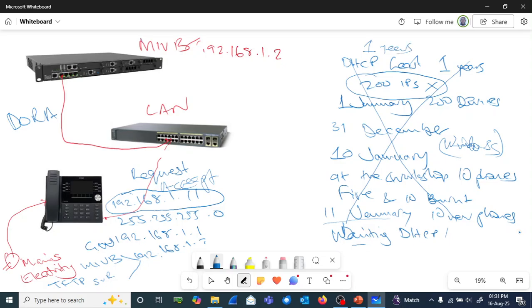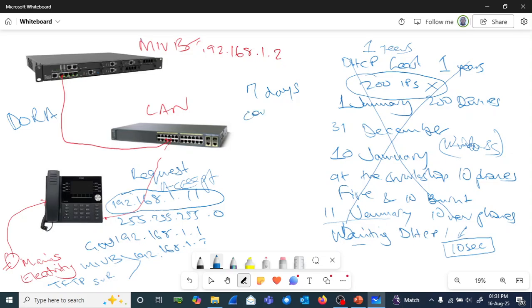And I've come across somewhere where somebody set their DHCP lease to 10 seconds. The result was that the phones would try to re-establish, to request their IP address in the middle of a call. And the call would stop for a while, then there would be no audio. So ideally, I would suggest that you put your lease to 7 days